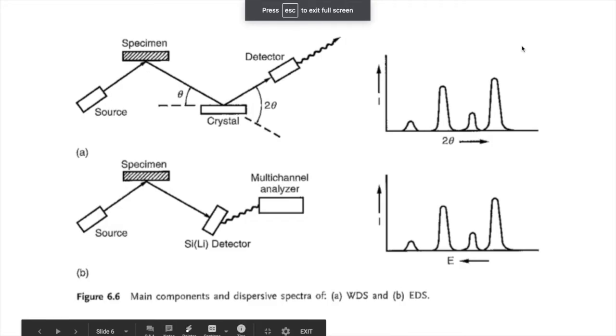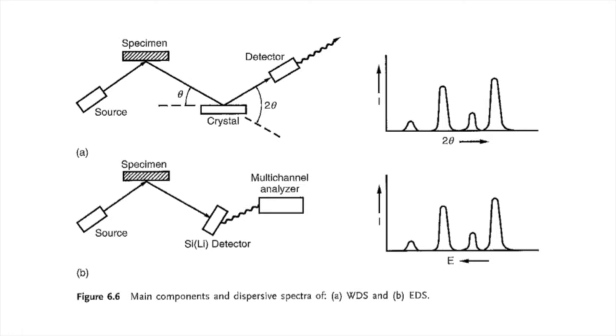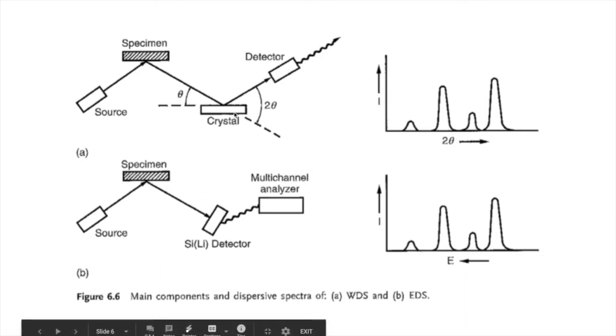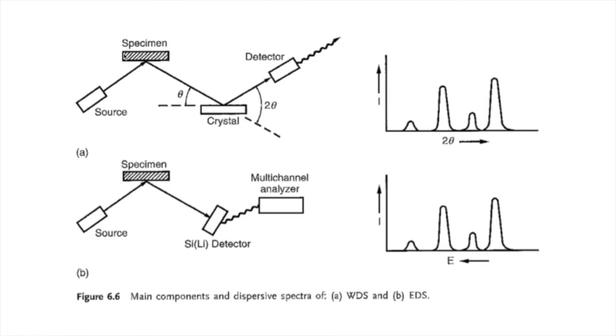All right, so this is figure 6.6 in our textbook. And this shows the main components that we have for WDS compared to EDS. So the top here is WDS, the bottom is EDS. So both of them, we have our sample here. We have a source, and it's X-rays in both these cases. But it's really the detector